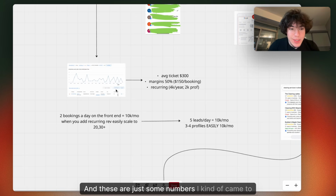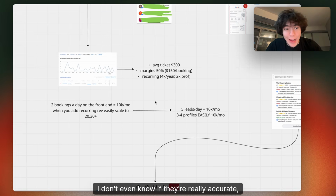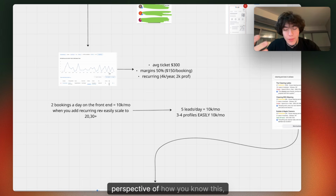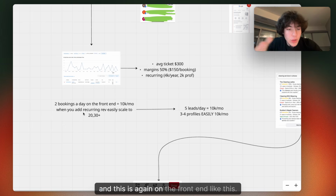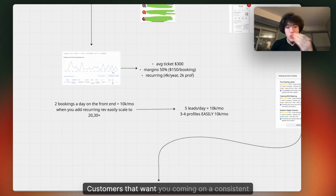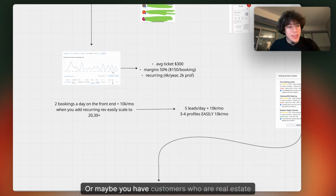And these are just some numbers I kind of came up with in my head while making this. I don't even know if they're really accurate, but just to put some actual numbers on it so you have a good perspective of how this genuinely does work. If you get 2 bookings a day, and this is again on the front end, this is not talking about recurring cleans, customers that want you coming on a consistent basis, weekly, bi-weekly,